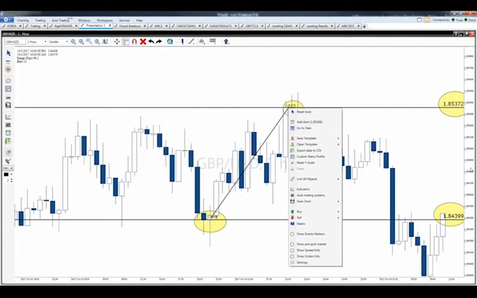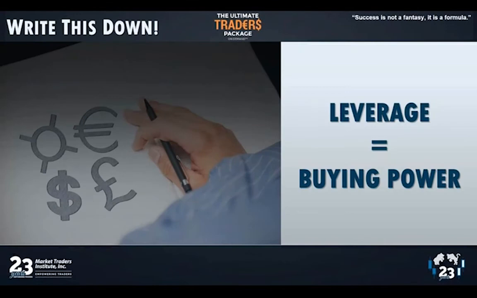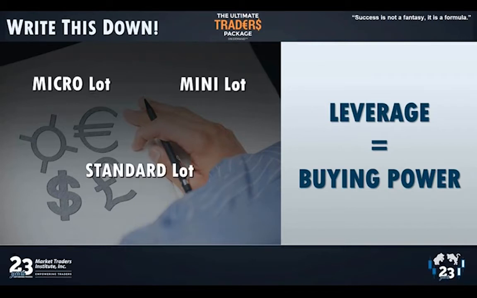So here's the deal. Let's talk about how pips turn into profits. When you're trading in the currency market, you have options of how you can trade. You trade in what are called lot sizes. Now, if you're new to this, I'd take notes right now. You trade with what is called either a micro lot, a mini lot, or a standard lot. Micro, mini, standard. If you trade with a micro lot, you're looking at about a $20 US investment per trade.